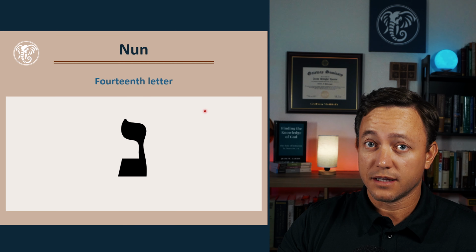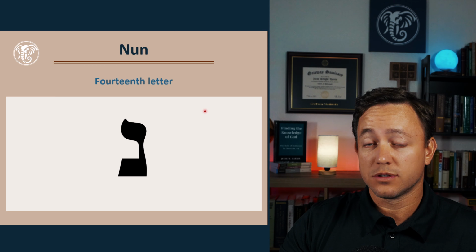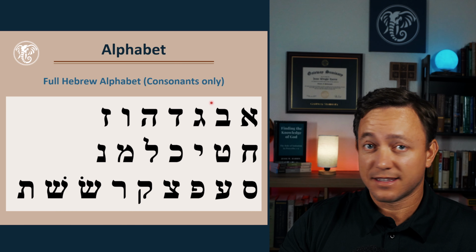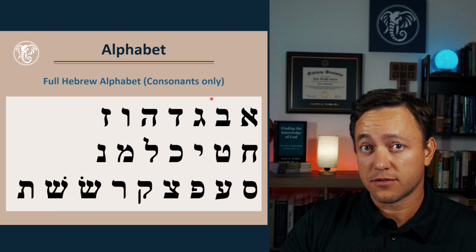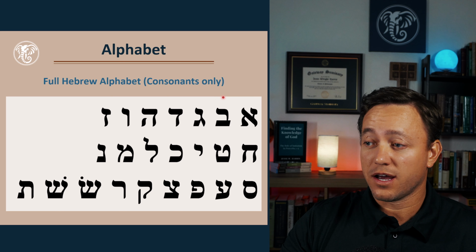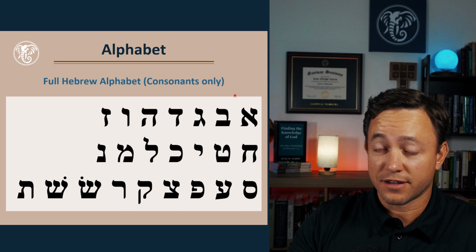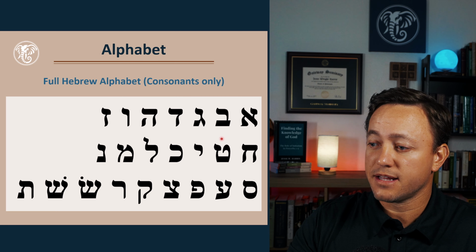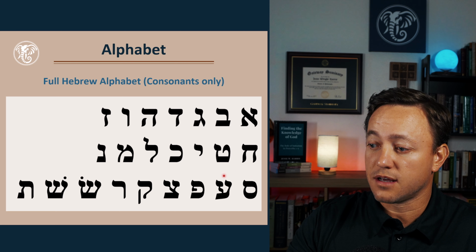So we are going to be looking at this letter Nun. But before we get there, let's do a little bit of practice with our Hebrew alphabet. And hopefully, again, at this point, this will be very familiar and you can perhaps even do it by yourself without any help. But let's go ahead and do it quickly, and then we'll do it more slowly together. So we have here Aleph, Bet, Gimel, Dalet, He, Vav, Zayin, Chet, Tet, Yod, Kaf, Lamed, Mem, Nun, Samik, Ayin,